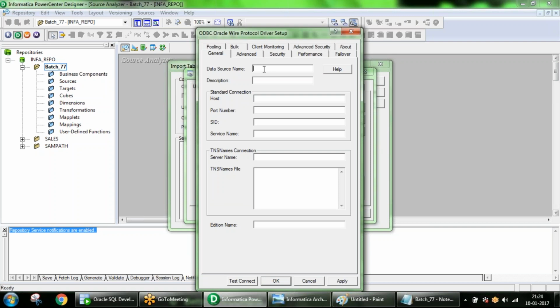So it's DSN underscore Oracle, maybe batch 77.